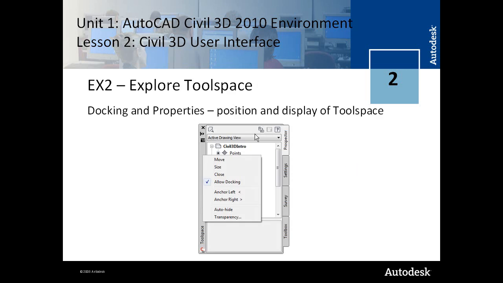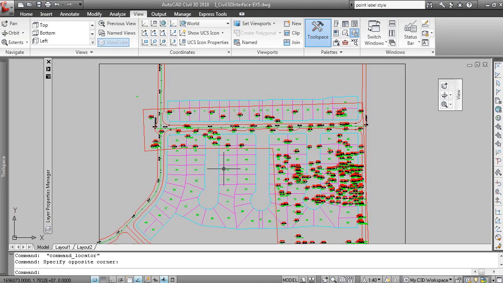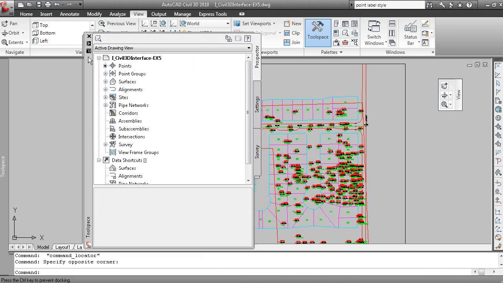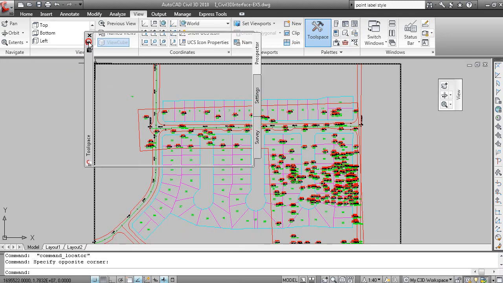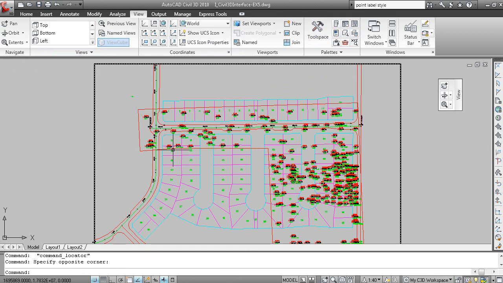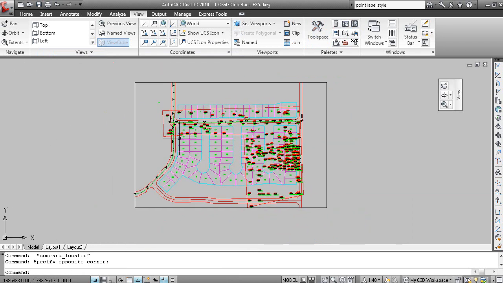The tool space. This is a very important window in Civil 3D. This is the tool space over here. I'll close my Layer Properties Manager. Right now the tool space is in its undocked mode. I'll close it. To display the tool space, you can type Show TS on the command line,